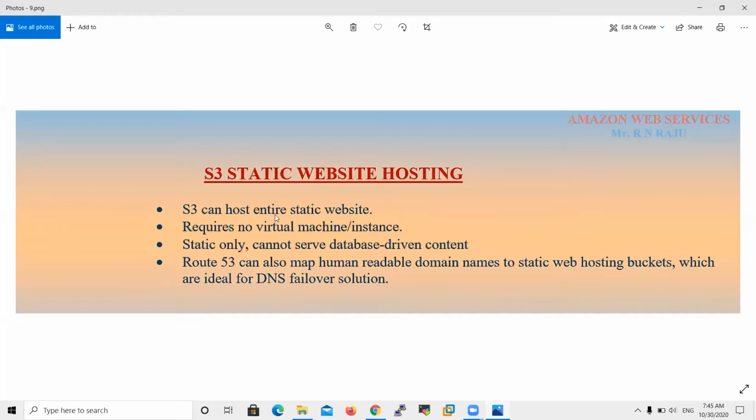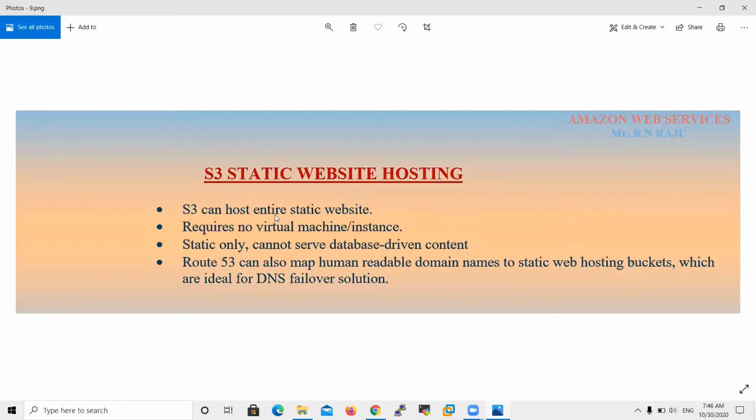First, create one instance, maybe Windows or Linux, with the help of EC2, and add port numbers 22 and 80 in the security group. Then connect to the instance, update the server, install the HTTPD package, and keep your web page under /var/www/html and host your website.